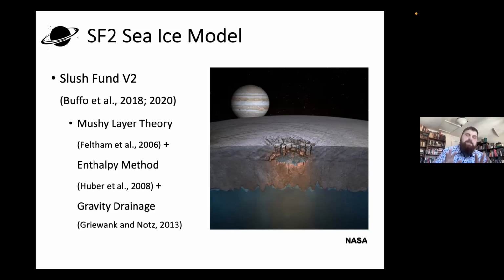And what I want to stress here is that we're basically taking a model that has been used in a terrestrial scenario and designed in a way to constrain it where we understand the physics fairly well, and then apply it to new scenarios where the physics should be different. Here we see on the right an example of a chaos region forming under or above a melt lens that could have formed on Europa. This is a good example of how this model can be applied to a scenario that seems very different than Earth, but also is very similar to Titan as well.